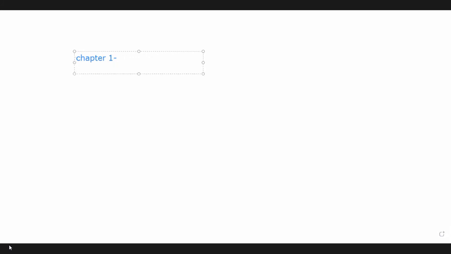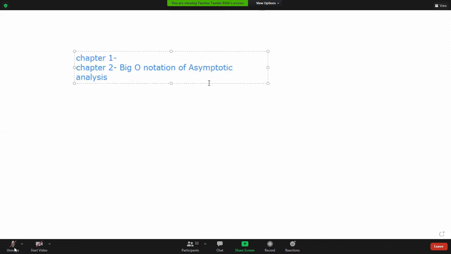And we also tried to cover a few topics from chapter 2. In chapter 2 there are so many things, some mathematical notation, some logarithmic functions, some algorithmic functions. We just covered one topic from chapter 2, that is big O notation of asymptotic analysis.